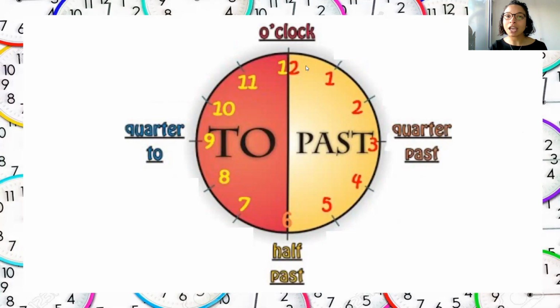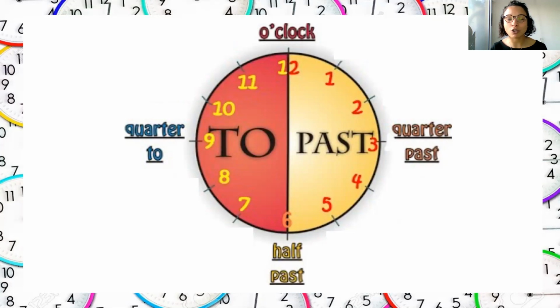And when the long hand is here, it means that this amount of minutes have passed from the beginning of the hour, okay? So when we say quarter past, it means that a quarter of that time has gone by. That's why we say past, because it has passed already. Okay,